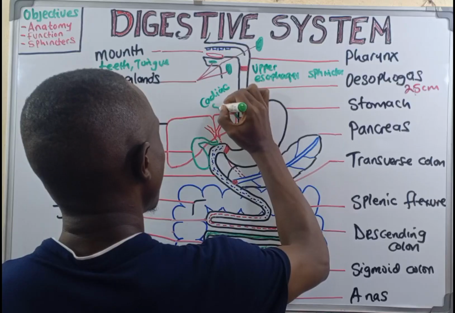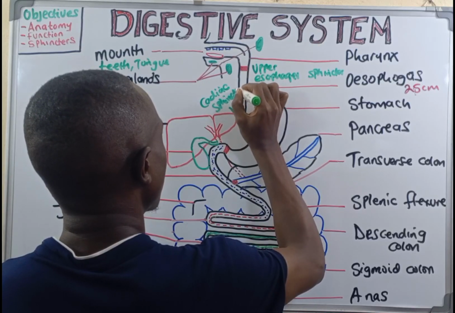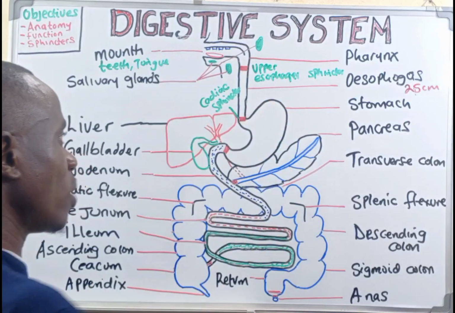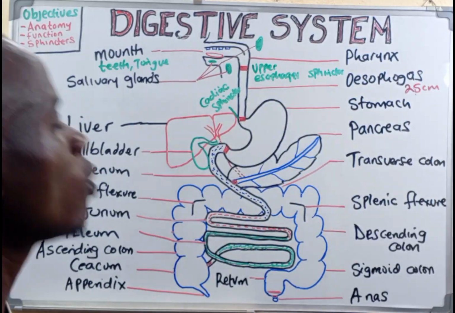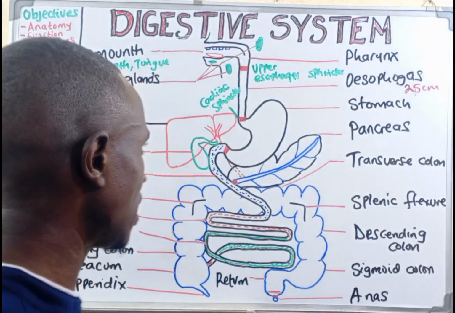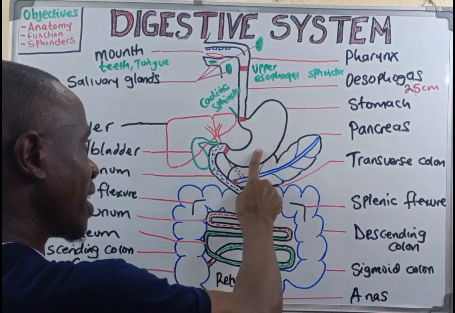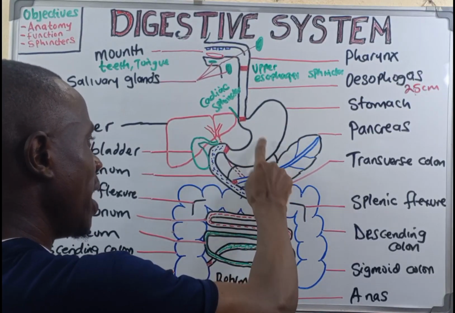What we call the cardiac sphincter. Okay, the cardiac sphincter. It is going to be regulating the food entry into what we call the stomach. Super very important. Okay. Now, after food has been digested mechanically and then chemically in the stomach, before it goes